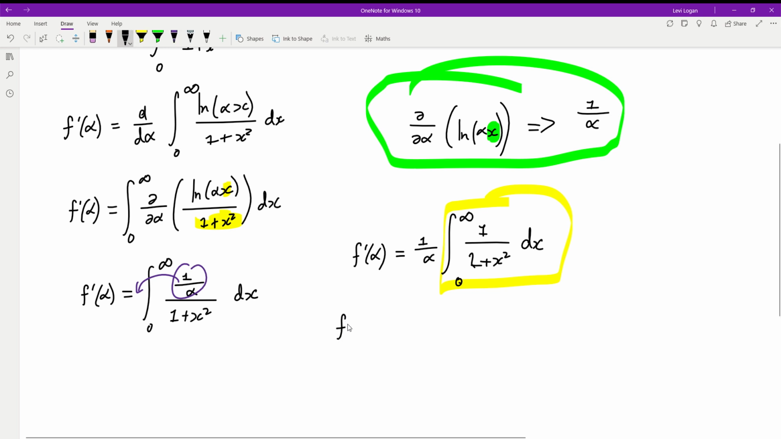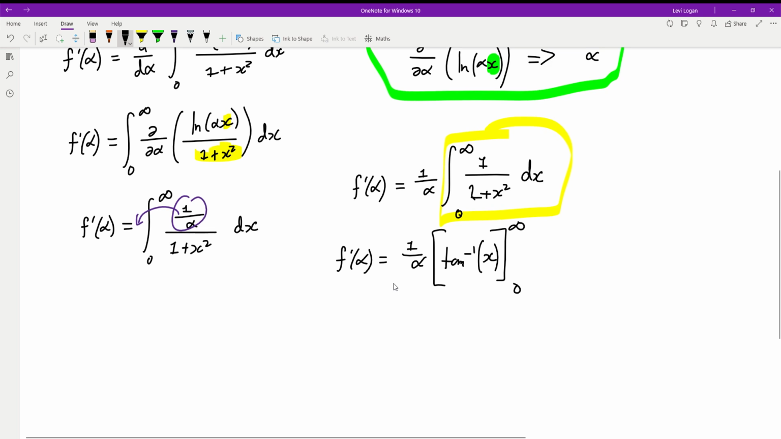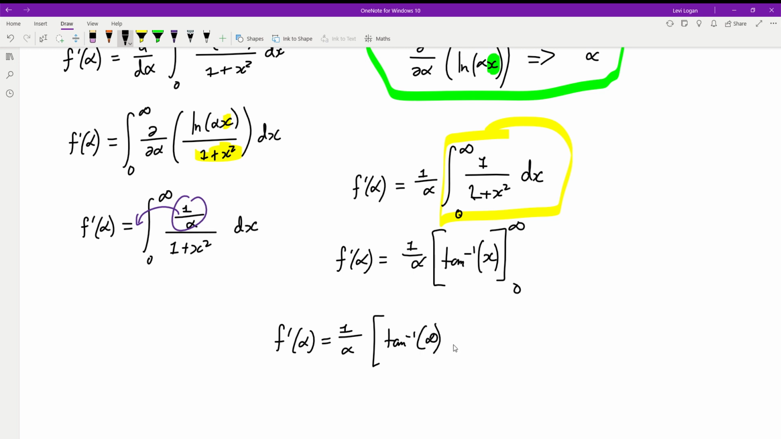So what we're going to have is f dash of alpha is equal to 1 over alpha arctan, or tan inverse of x, with the square brackets 0 to infinity, plugging in your bounds. So what we're going to do is break this down, substituting in the infinity. So we'll have f dash of alpha is equal to 1 over alpha, and then you put in the infinity, so tan inverse of infinity, which we can't evaluate but we can get pretty close, minus tan inverse of 0. Right, so tan inverse of infinity is pi over 2,